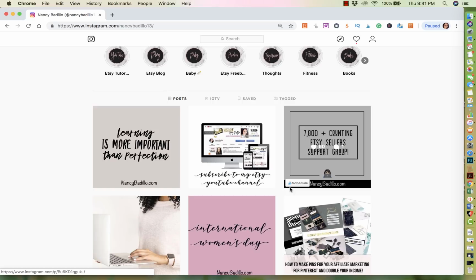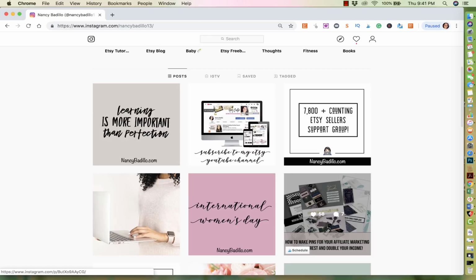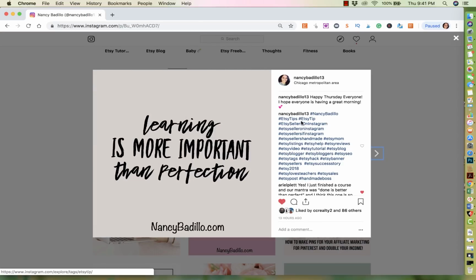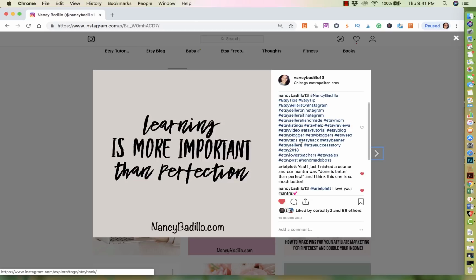Number two is the magic number: figuring out how many hashtags you'll be using on your post. For instance, I personally use all 30, as you can see here. This is something that I always do. Once in a blue moon, I might use less than 30. Now, the minimum number of hashtags that Instagram recommends is between 7 and 11 hashtags,